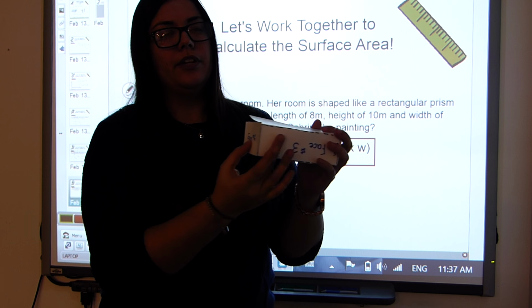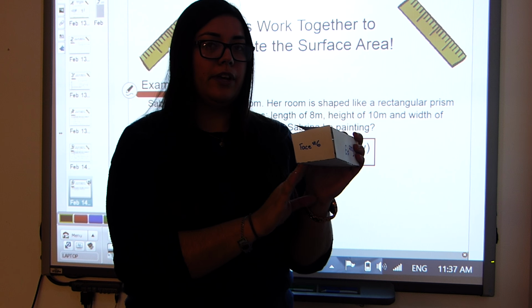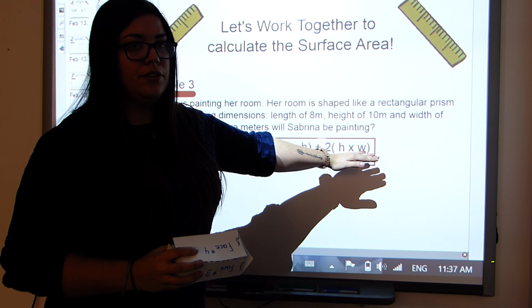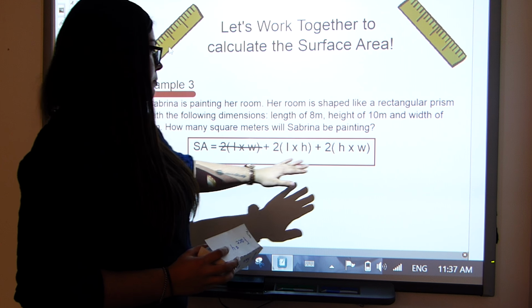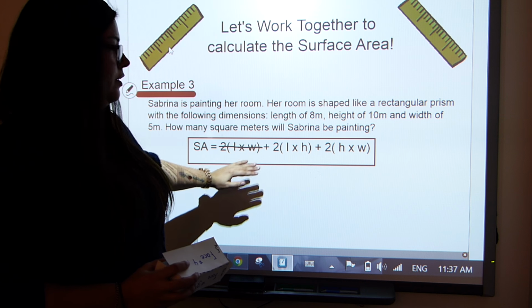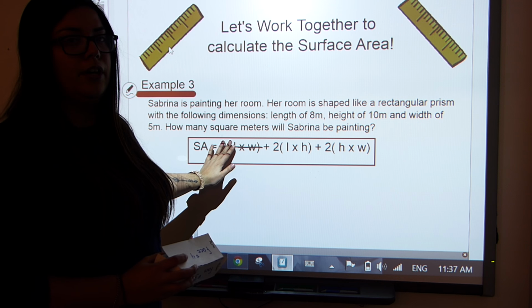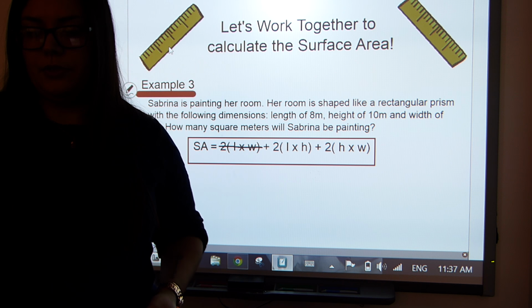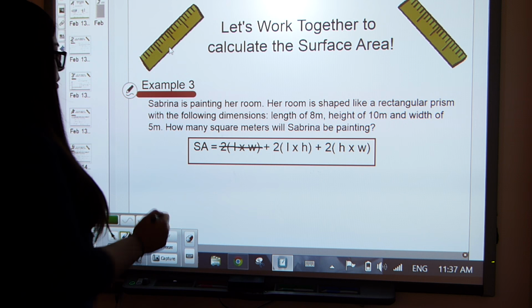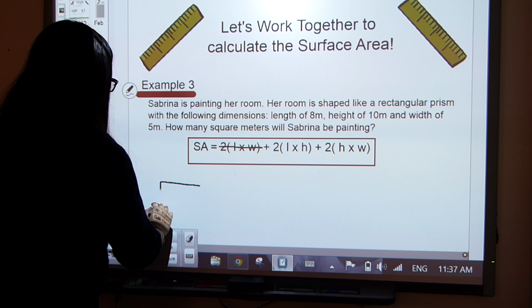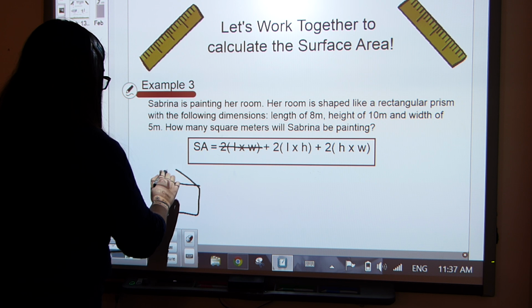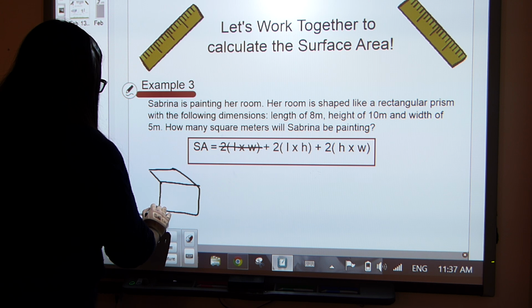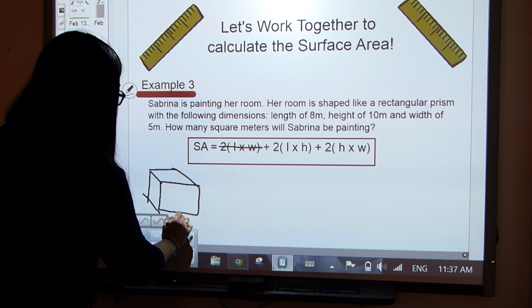But all the other walls have a height associated with them. So we keep these two from the equation, but we can get rid of this one. Okay, so this one is the floor and the ceiling. So let's substitute it in. So I'll just draw it again. So we said